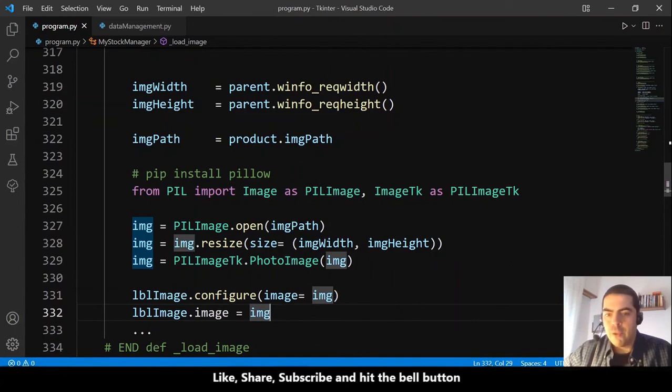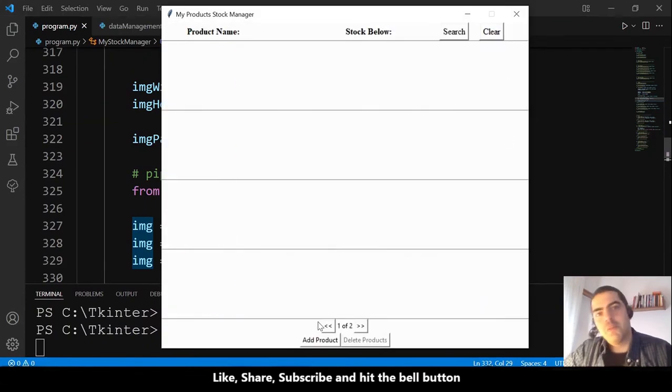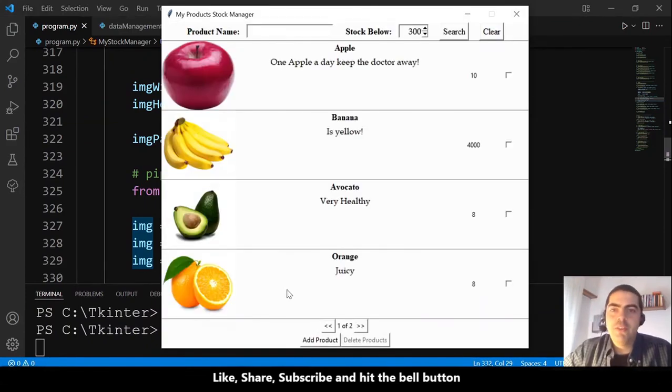Okay, so let's see if everything is working. Let's run. Ta-da! We see the images. Okay,